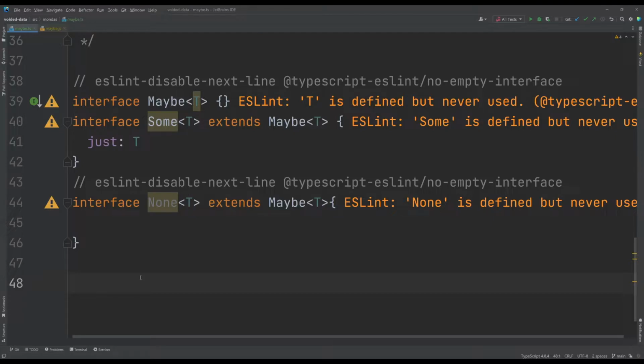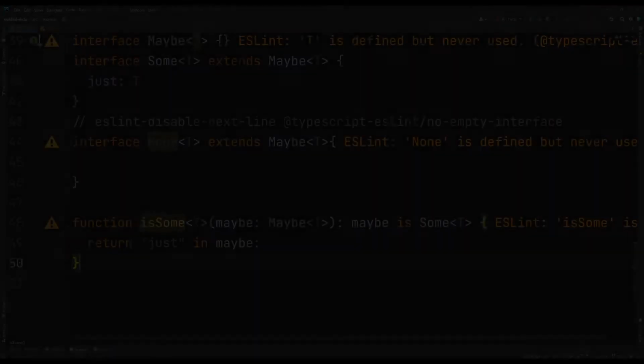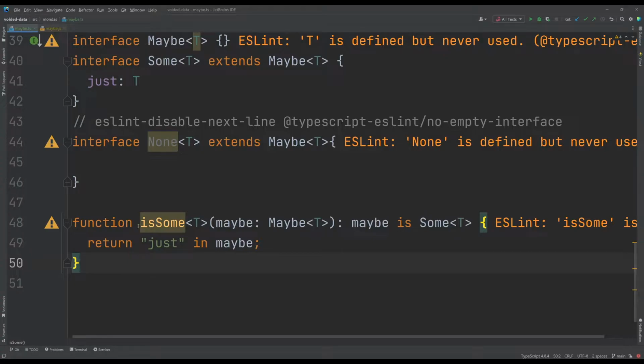And with that, I'll introduce the type guard. Let me just write one out first. So what is a type guard? A type guard is a function that returns a Boolean value. And if the Boolean value is true, then we know that the argument maybe here is going to be of type sum.